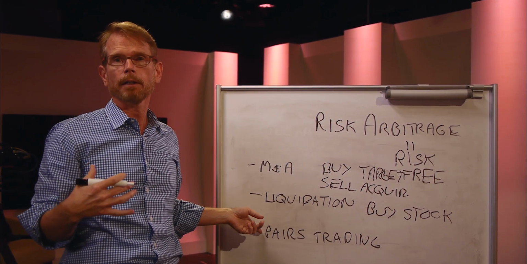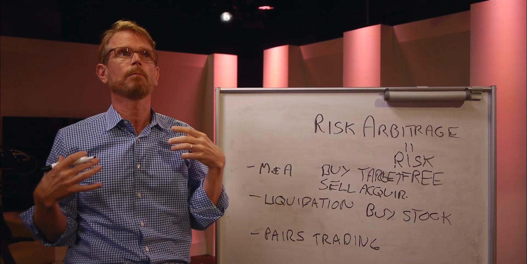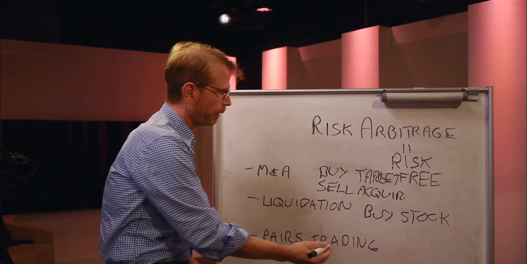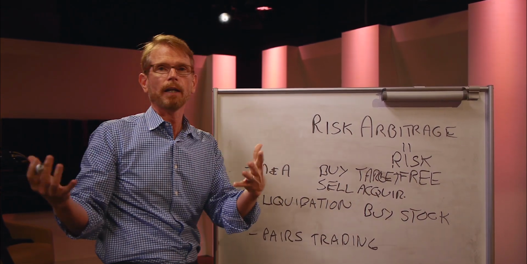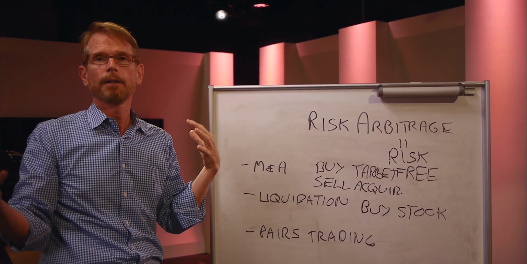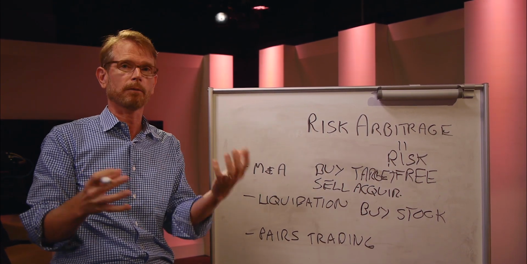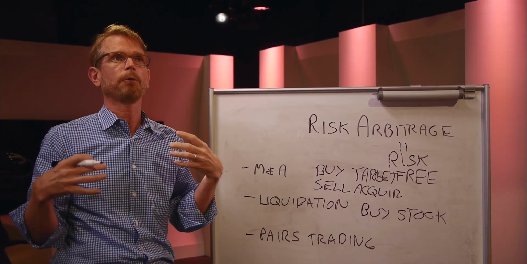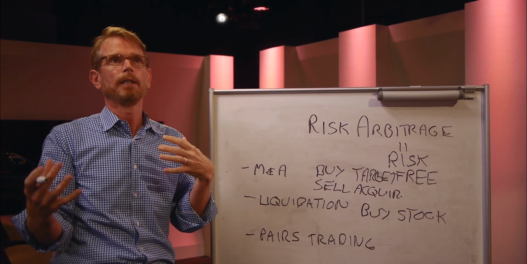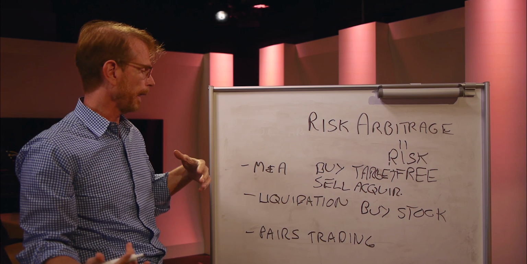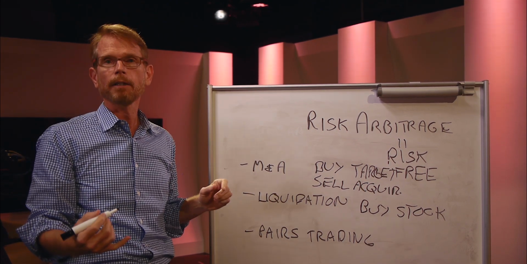Last strategy we're going to look at is pairs trading, which is the most common type of risk arbitrage, and it involves just buying and selling two stocks that are in the same industry, so they have a high correlation because they're in the same industry, and you try to pick two stocks of more or less the same size company in the same industry, and your objective here is to